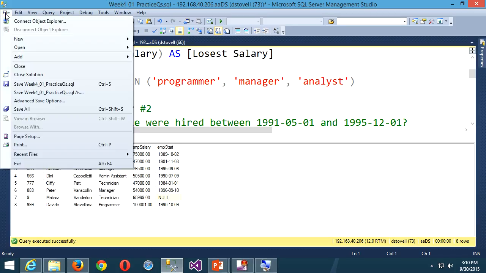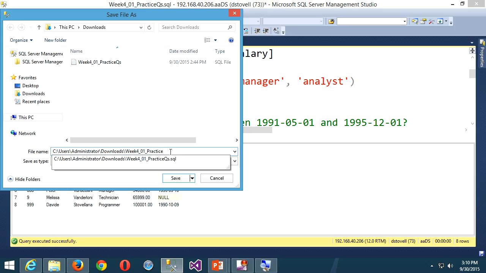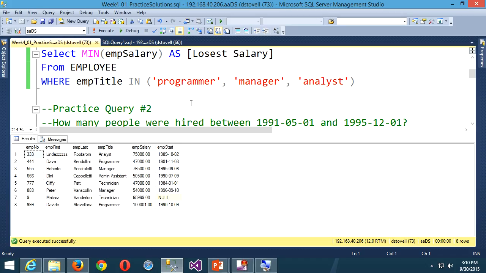Let me just, I'll save that. Just review. I should have done a save at the beginning, but so it's just in my download folder. So I'll say practice solutions. Okay, and I'll post this up right back in Blackboard where the questions came from. All right, well, let's stop there in the